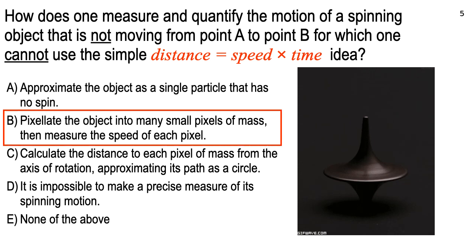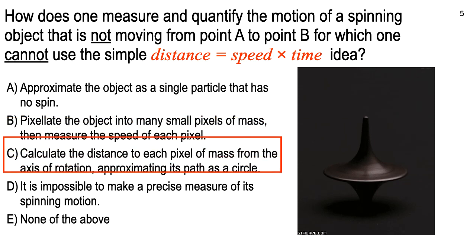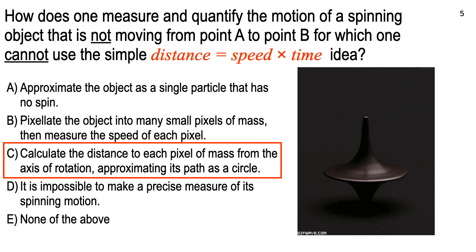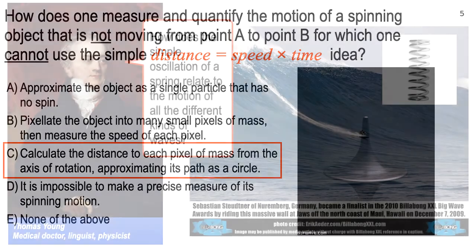These are the 2 strategies, B and C, that we'll employ. Pixelate the object into small pixels of mass and then study the position and motion of each little pixel. And guess what? There's a ton of calculus in that as well. Speaking of calculus,